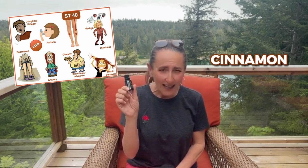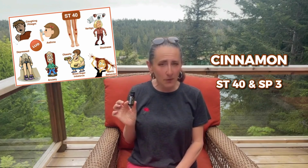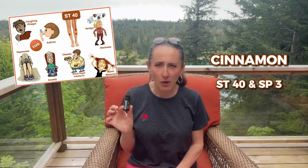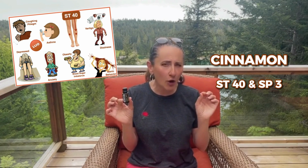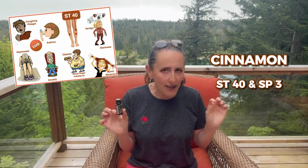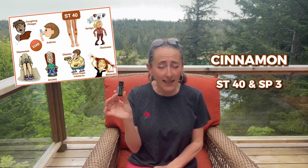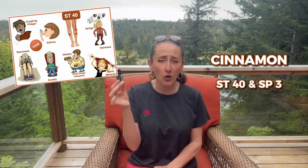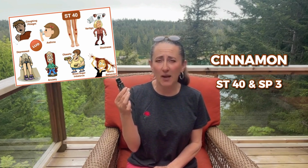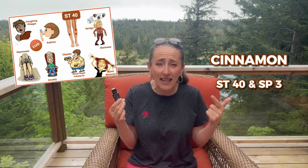It is so powerful. Well, cinnamon can be applied to stomach 40 and spleen 3, which is the yuan source point of the spleen. Stomach 40 is the luo connecting point of the stomach to the spleen. Fantastic point to balance blood sugar. And cinnamon has been shown in studies to help balance blood sugar. So we can use this specifically with patients that have diabetes type 2, patients that have insulin resistance, like PCOS